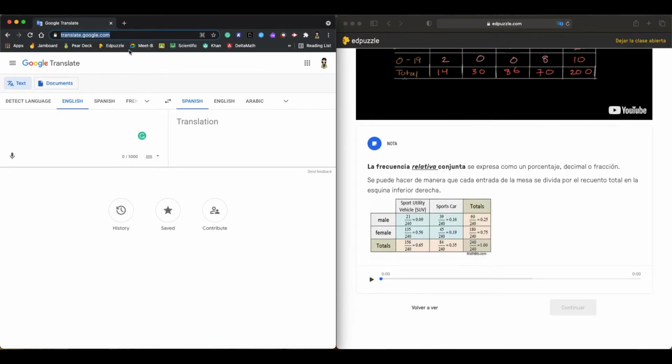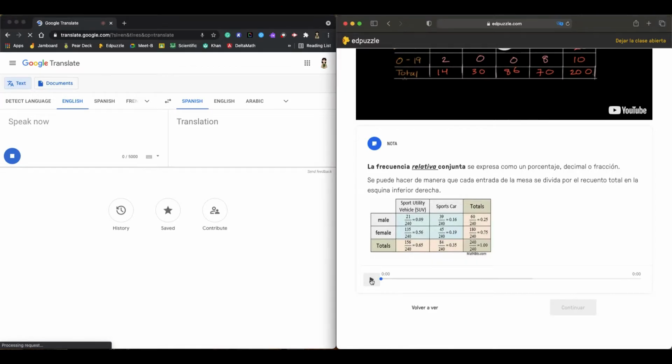Once you go there, set English as the first language, and your preferred language as the second one. In this case, it's Spanish. And you're going to click this one, translate by voice. And then if you click this,